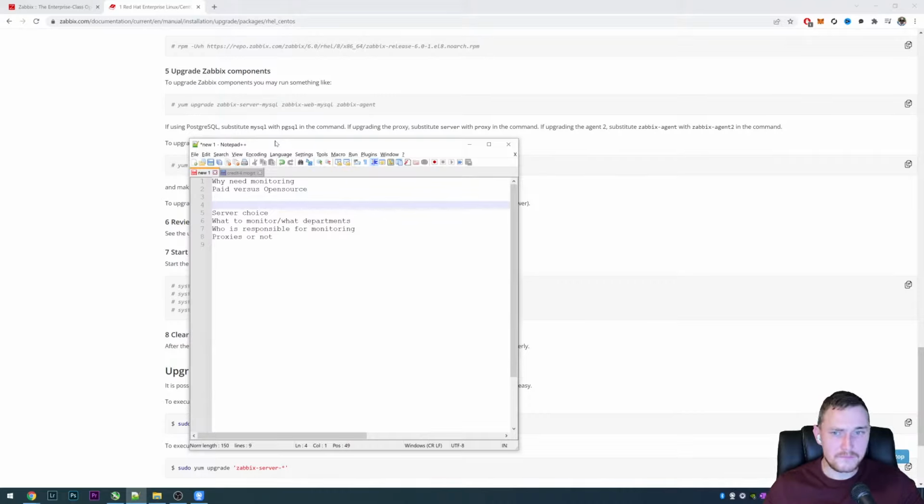I'm not even an expert or knowledgeable in some other monitoring solutions, so I'm not going to say that one is better than another, but this is how it usually is. Paid versions are easier to use. They're more convenient. They're probably something like installing software on a Windows machine.